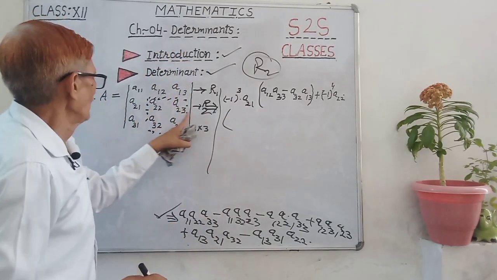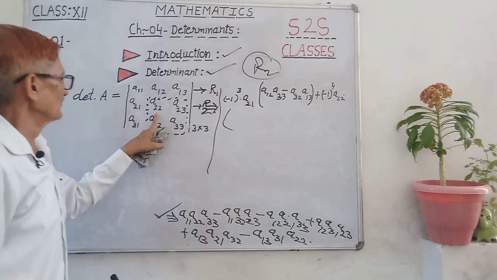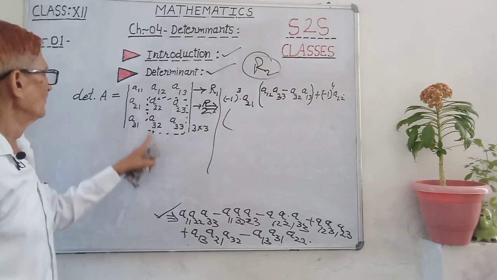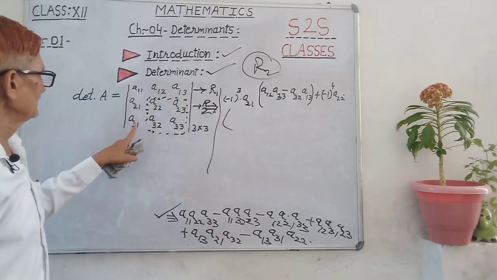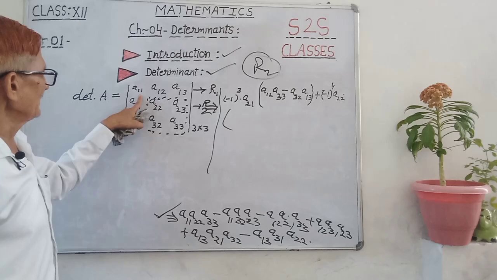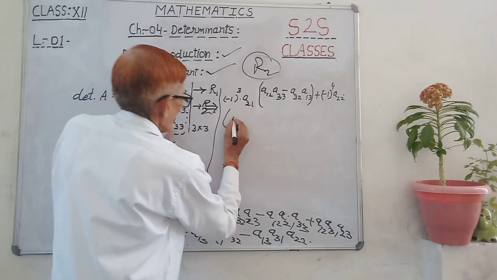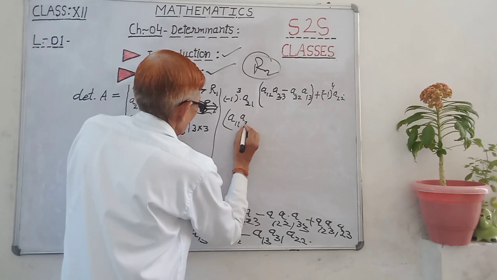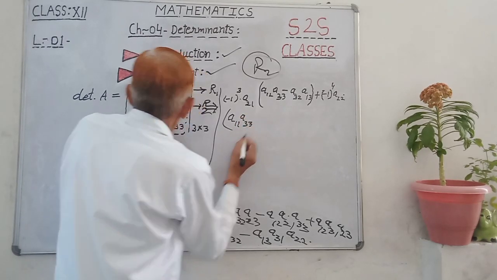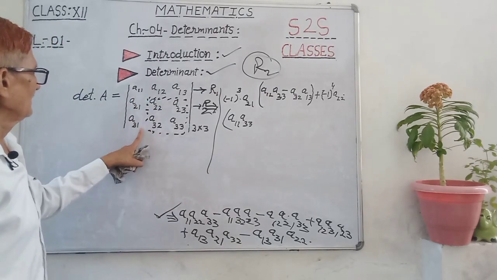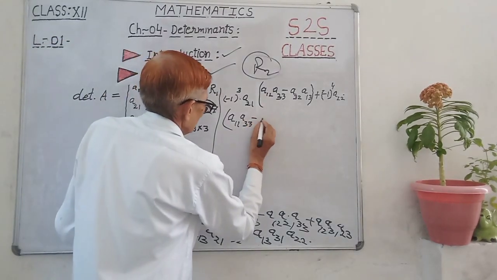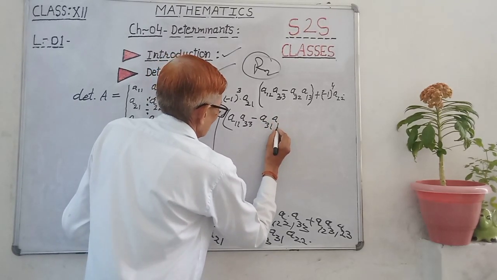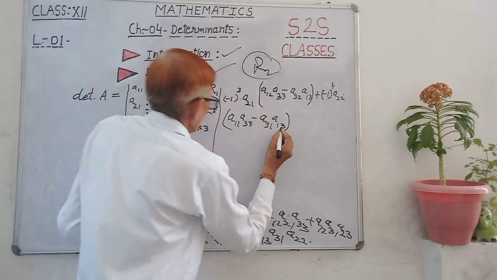Along this element, second row and second column cancel, then A11, A13, A31, A33, so A11 into A33, this minus A31 A13, this plus